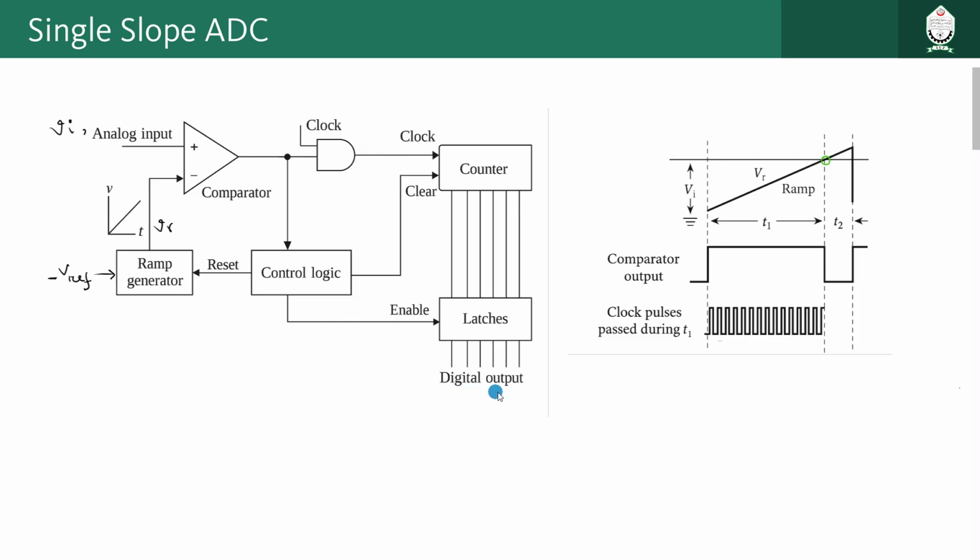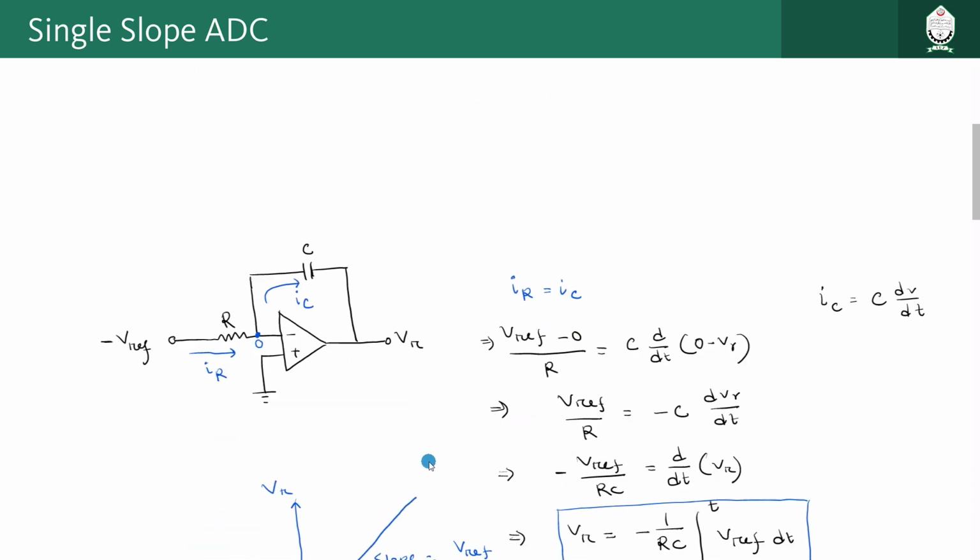Whatever digital signal we are getting here through the counting process will be the digital equivalent of the analog signal we have provided. Now the question is, how can we confidently say that the digital signal we have got here is the correct representation of the analog signal we have provided? How can we prove that? To prove that, try to understand that previously we learned about one of the equations here. If you remember,